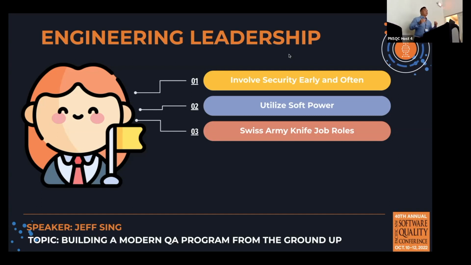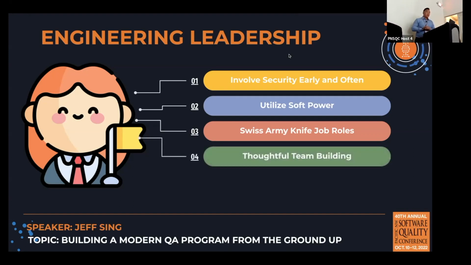Most often at small startups, it's like, I remember working at CareFusion. It's a huge company, and it was very regimented: this is someone's role, stay in your lane. But when you hit a small startup, or even a growing startup, it's not like that. They need people to step up and take the initiative. You cannot be afraid to take it. If you don't step up and take it, no one will do it. So I call these Swiss Army knife job roles, because if you see something that needs to be done, even if it's not your job role, if it's not going to get you paid more, take it on, because it will help build the infrastructure you need to get what you need later on.